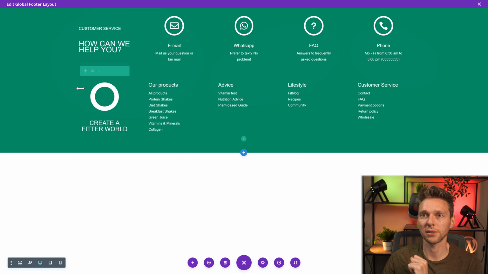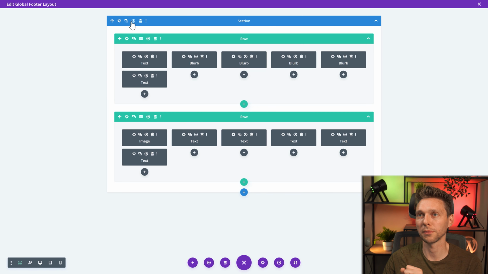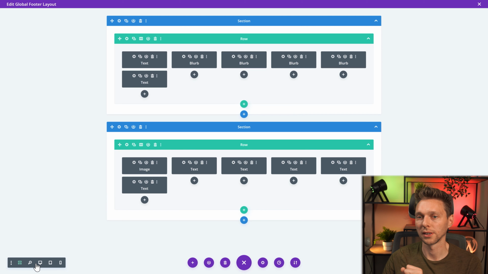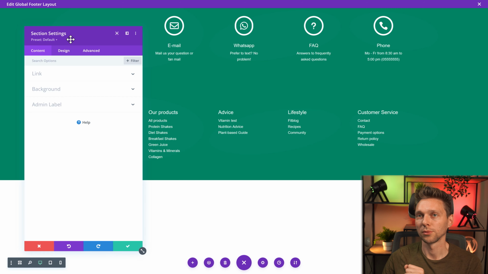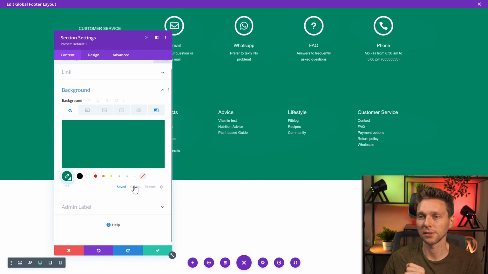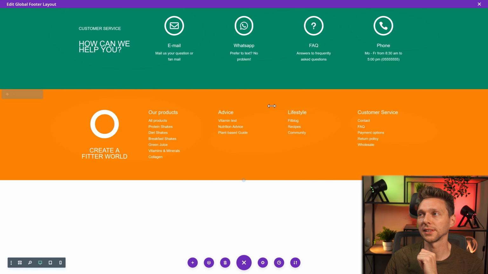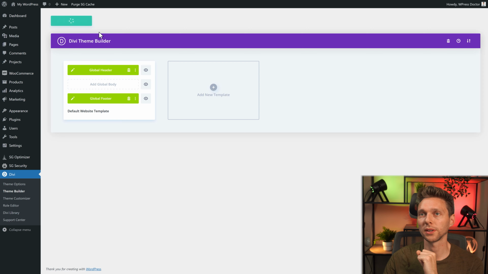Then we're going to change the background of this entire section. Oh, we didn't create another section, we created another row, but I want to change the background. So we go back to wireframe, I'm going to copy this entire section, delete this row, delete this row. And then we have actually exactly the same with another section. Go to background, going to change it to this orange. And that's it. Let's save this one.